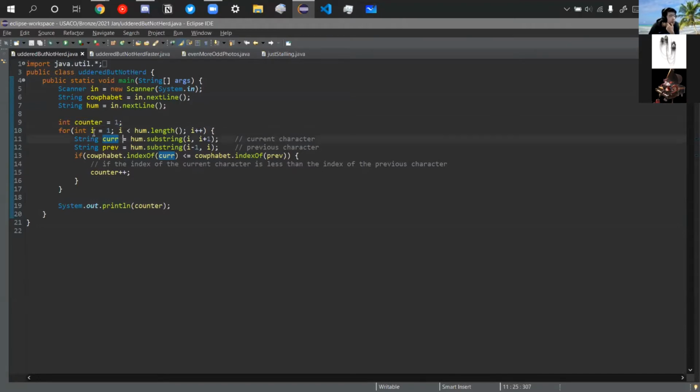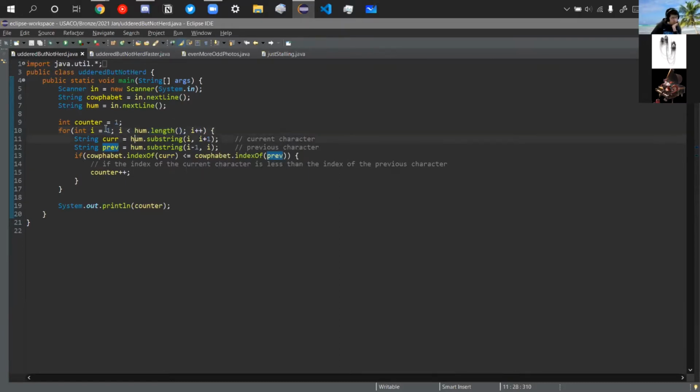sequence, and then this part's important. We're going to write a for loop and we want to look over every single character. However, we want to start our for loop at i equals 1 instead of i equals 0, because we don't want to check the very first letter. No matter what the first character Bessie hums is, it's going to be the first sequence, because there is nothing previous to check it against. So we start at one and end at hum.length, which is a string,